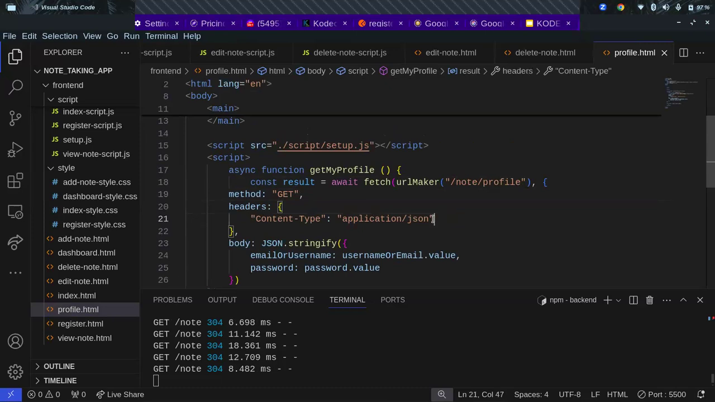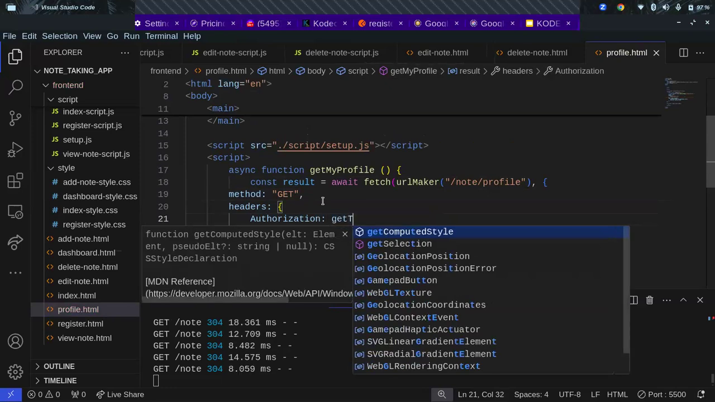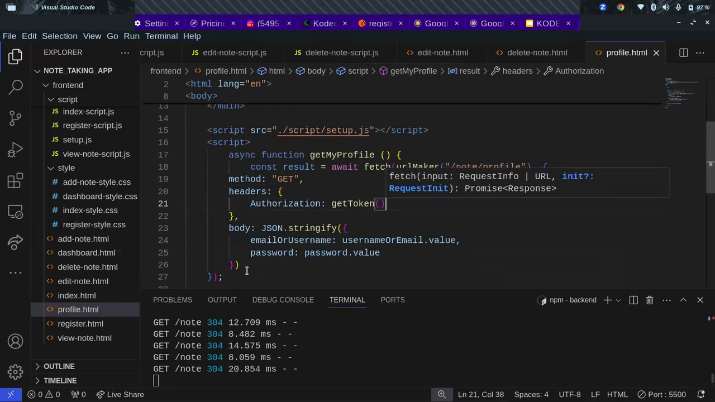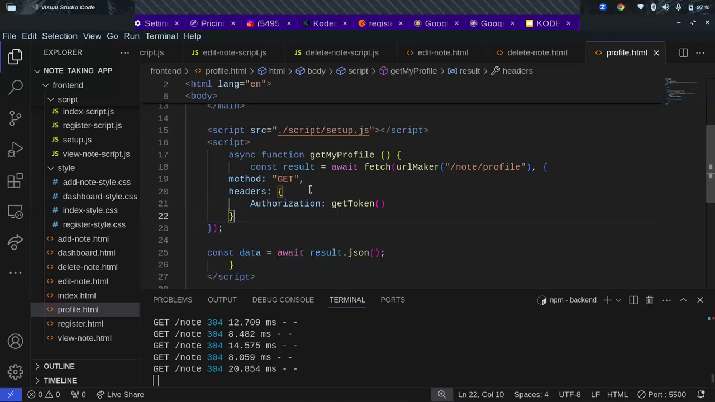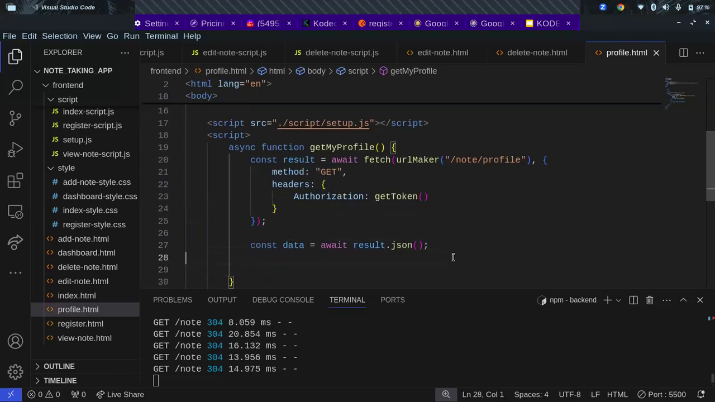So I would say authorization should be GET token. I don't need a body because you can't send a body using GET requests. Then after that, if all is done properly,